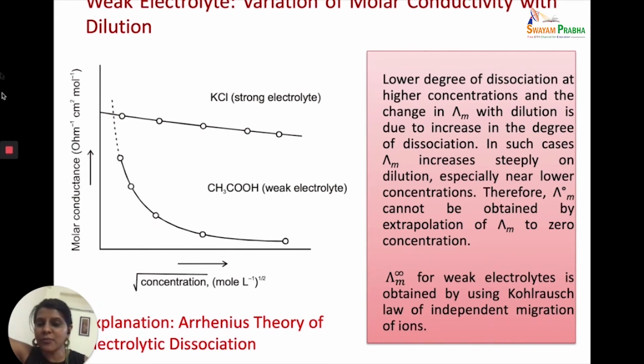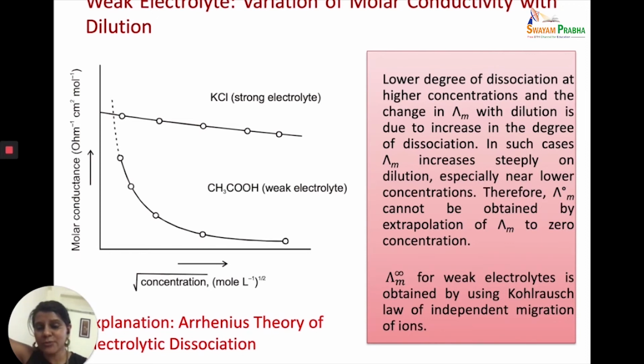The explanation for this variation of molar conductivity with dilution for weak electrolyte was given by Arrhenius' theory of electrolytic dissociation and Ostwald's dilution law, which we are going to study later. But repeating, for the strong electrolyte and for the weak electrolyte, lambda m is increasing. This increase is less for strong, very large for weak electrolyte. In the case of both, volume has increased when you are decreasing the concentration. Kappa is decreased. This decrease in kappa has been overly compensated by the volume.